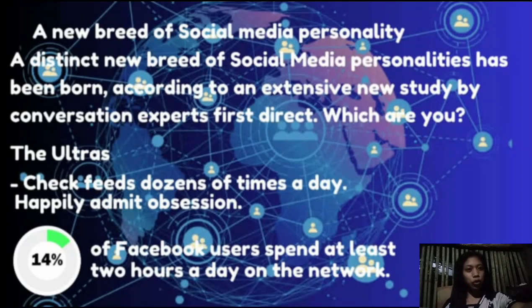New breed of social media personalities. A distinct new breed of social media personalities has been born according to an extensive new study by conversation expert First Direct. Which are you? First are the ultras. Check feeds dozens of times a day, happily admit obsession. 14% of Facebook users spend at least 2 hours a day on the network.